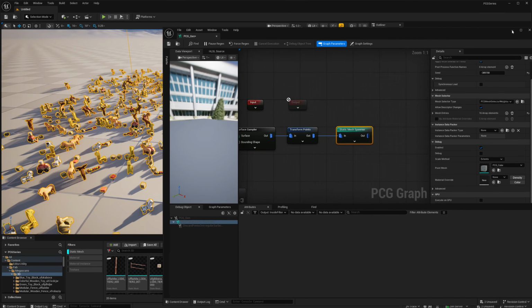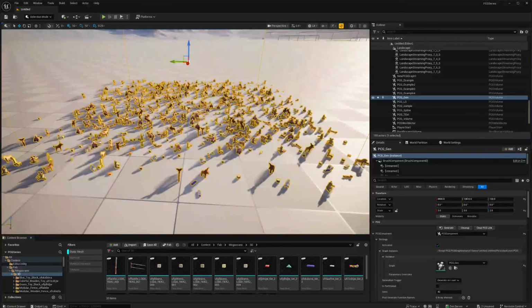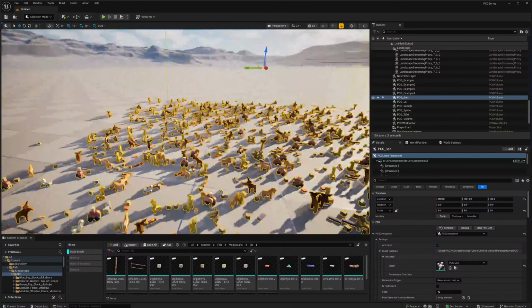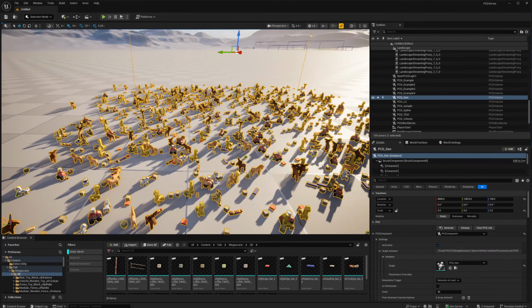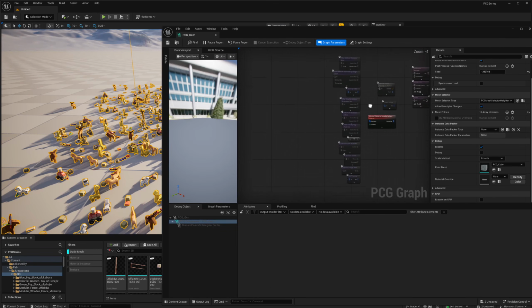So let's look now at the result in the level. So you can see it's clearly randomly placing and rotating objects into your level. But let's see how the filtering can help us and the different methods you can use to apply filtering in your project. Open the PCG graph, and here I have